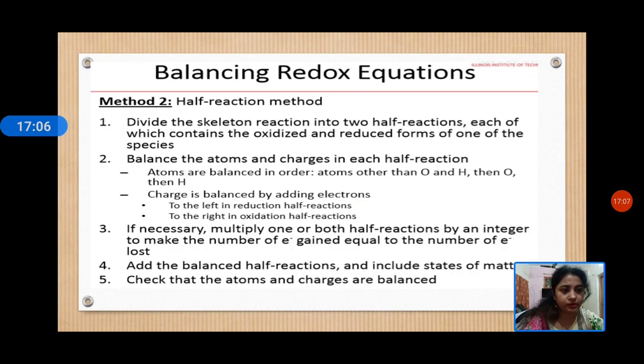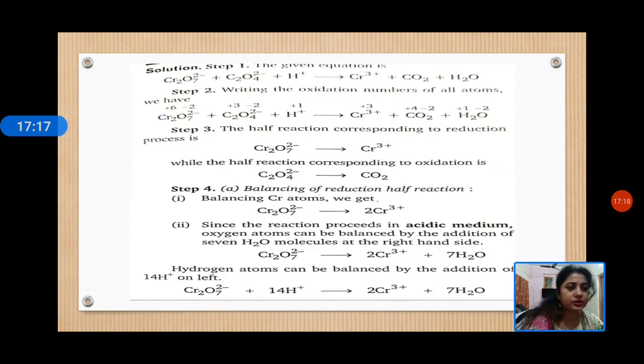Okay, and then we will balance it. The electrons will be balanced. First the atoms will be balanced, electrons will be balanced, and then hydrogen, oxygen, all the things which are given in the reaction. Every atom should be balanced, because of the law of conservation of mass. So let's see again the example which is given in your book.